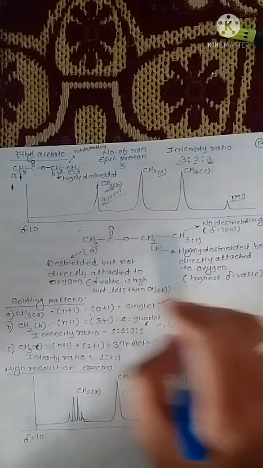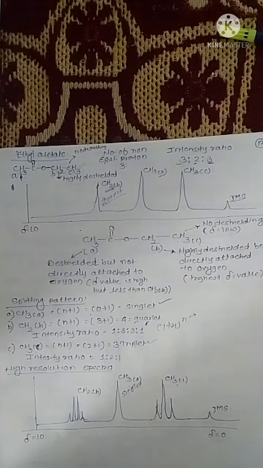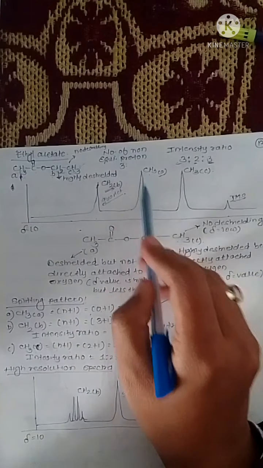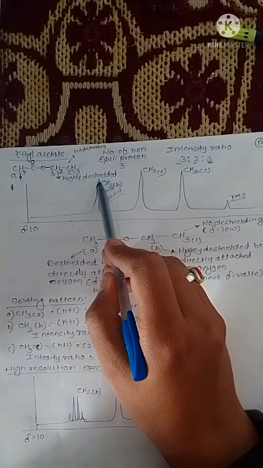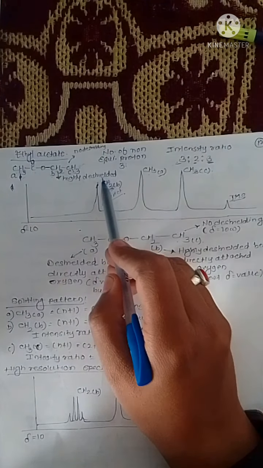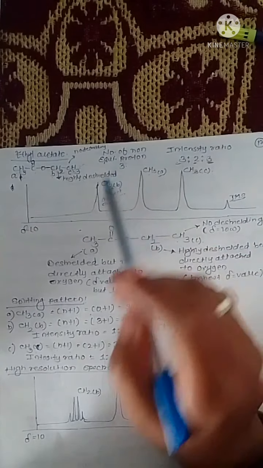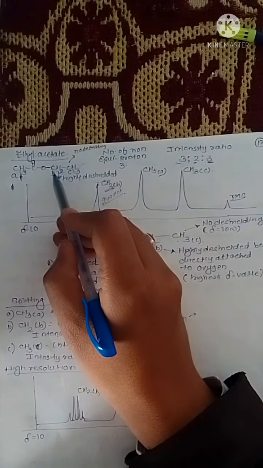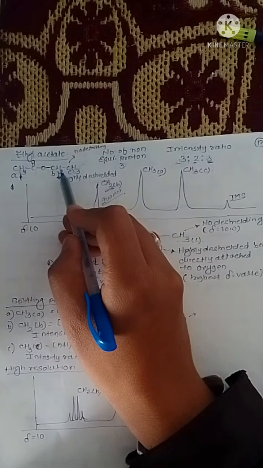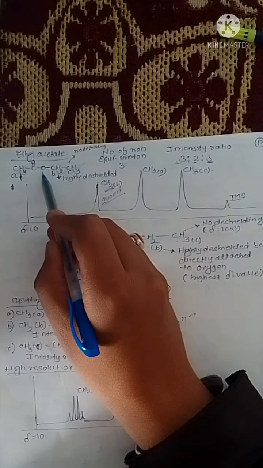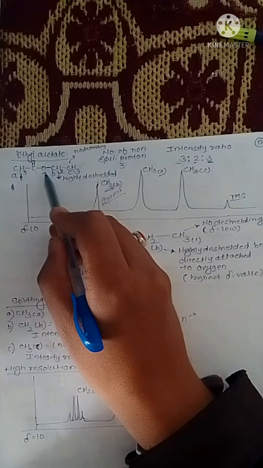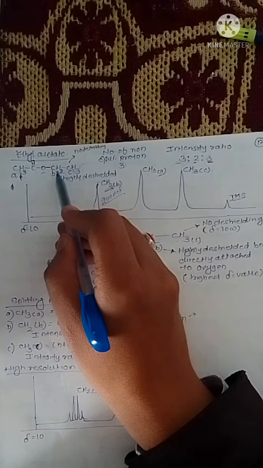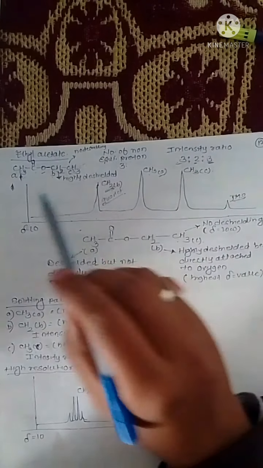So we draw a rough, low resolution spectra for the molecule with the 3 lines. And now we are going to assign which line is for which group. Just see here, this CH2 proton is highly deshielded because this carbon is directly attached to oxygen. That's why this proton has the highest value in your spectrum.